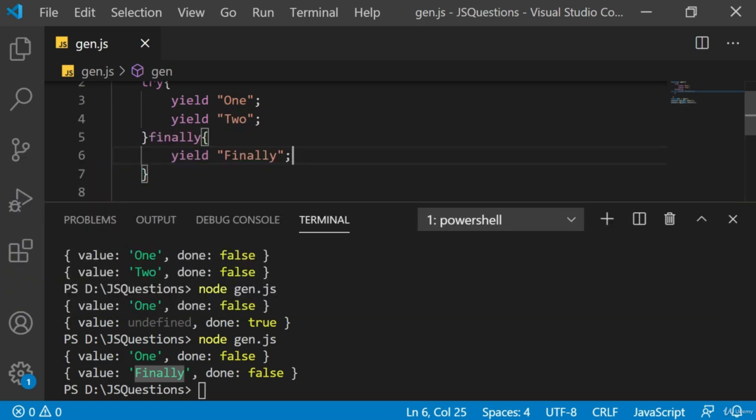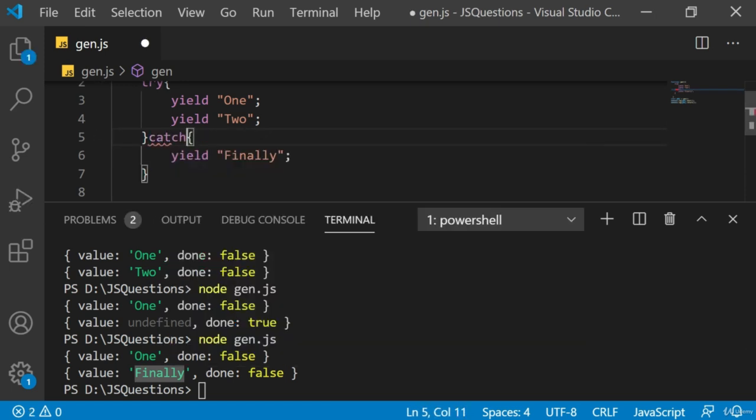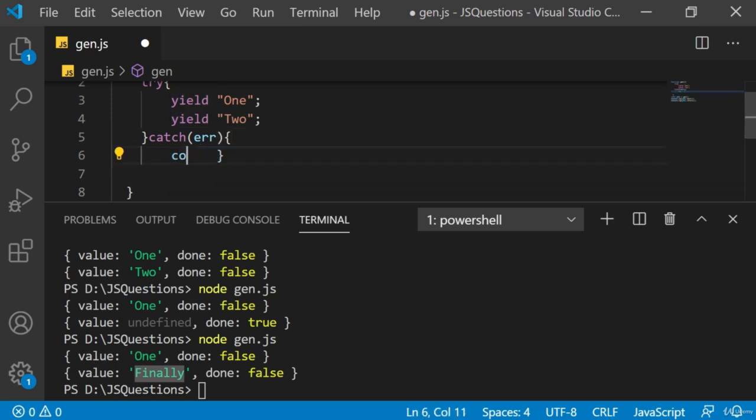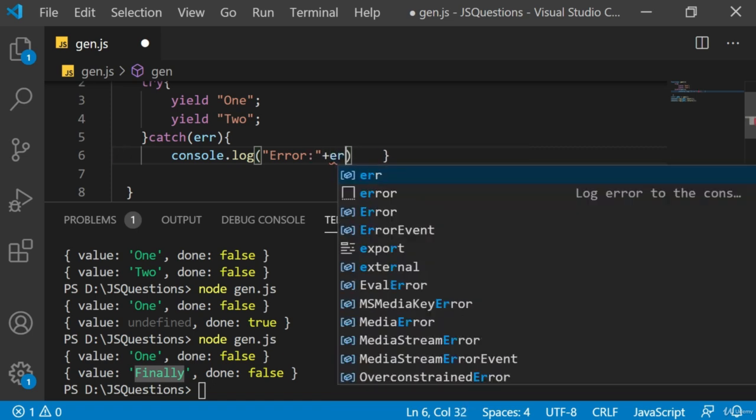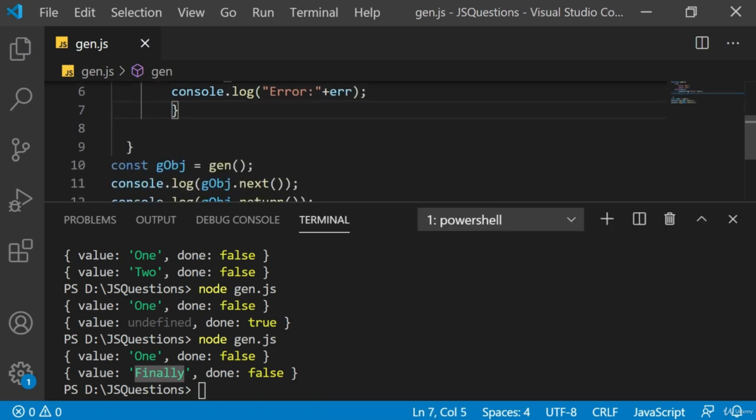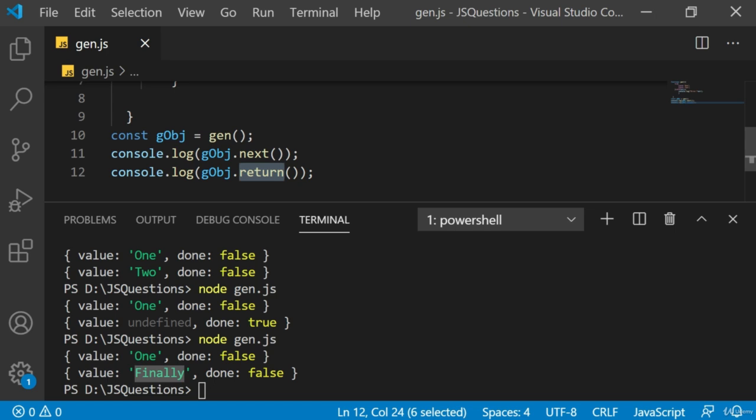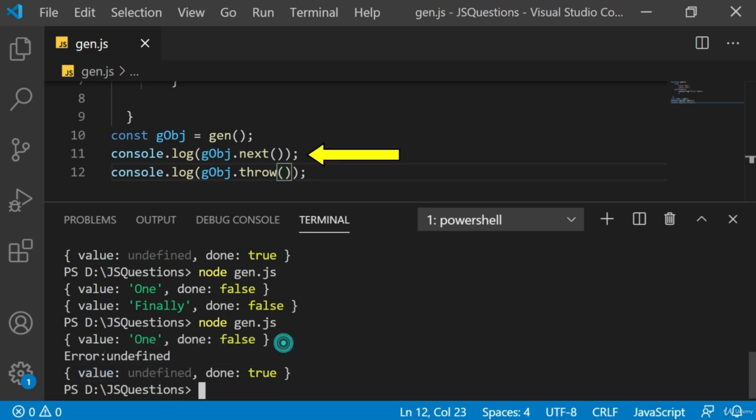It means that, for example, in this case, instead of writing finally, I'll just put a catch here with an error object, and instead of having a yield statement, now I'll say console log and display the error, whatever the error is. So I'm going to log the error, err. That's it. Now instead of this return statement, I'll use just a throw method, which will throw the error. And as you see, the first next did return this object, but then because we have the throw,